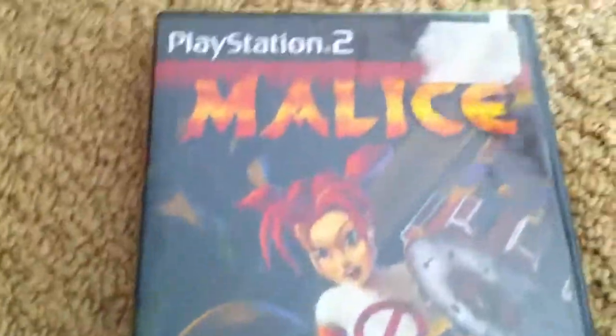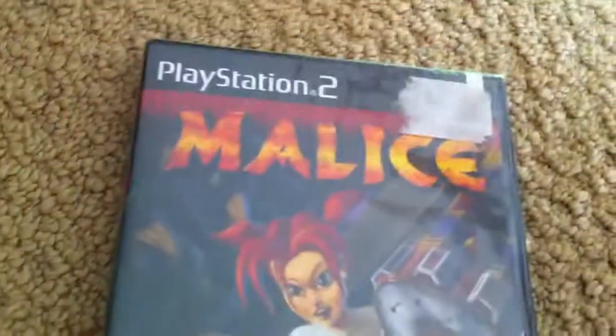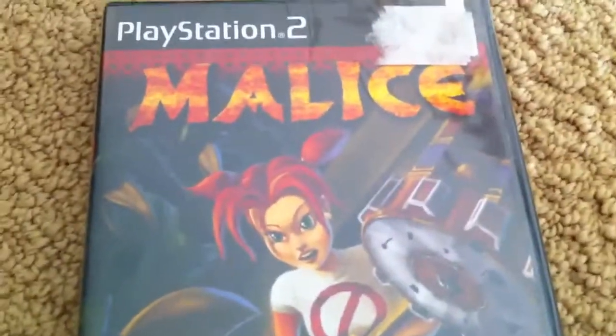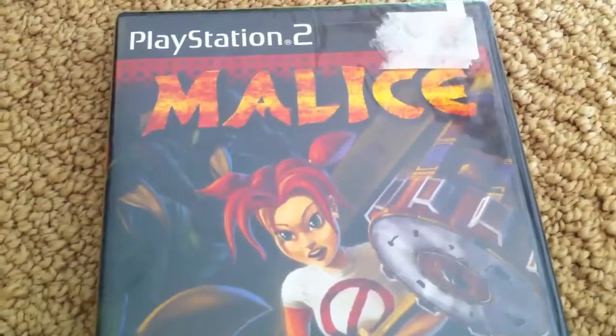I think I picked it up for a couple of dollars. I actually got one PS2 game, and this game actually has an interesting history, and that is Malice. I actually got this with the FYE deal, so it's a sealed copy, and I picked this up for $2. So pretty much the history on Malice, it was actually a tech demo for the original Xbox, and when